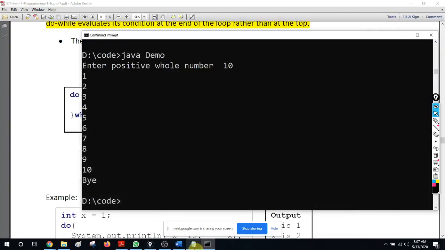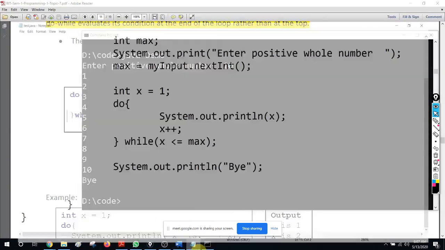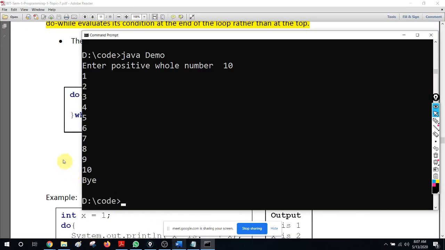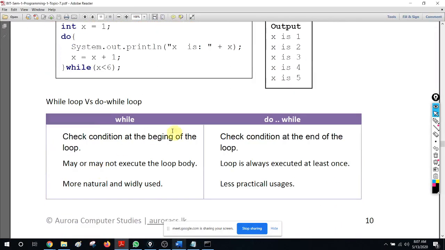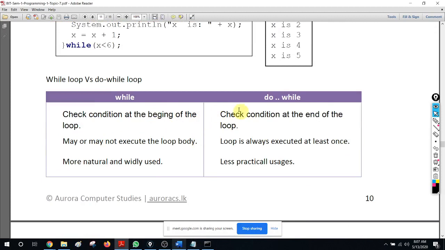So now we have discussed two types of loops, the while loop and do while loop. The only difference between while and do while is, so I have given this. I updated this one also. I will be uploading the updated document maybe about 10 minutes after the session to the Google Classroom. So the difference is, while checks the condition at the beginning, do while checks the condition at the end,